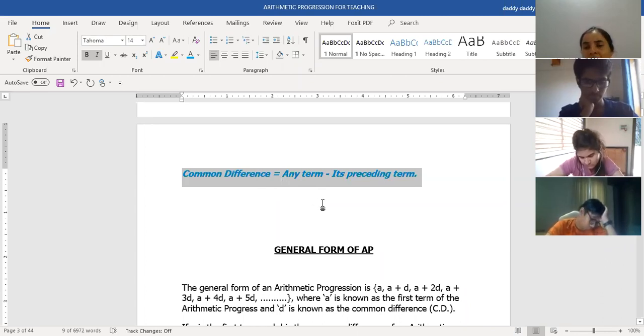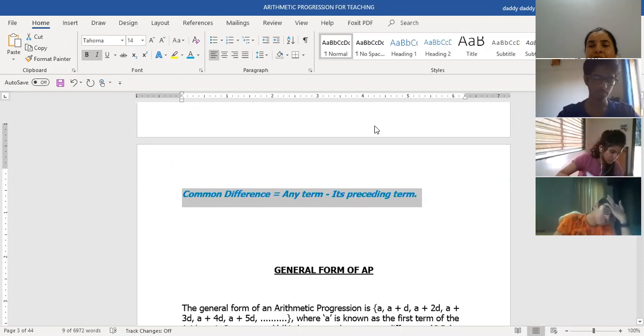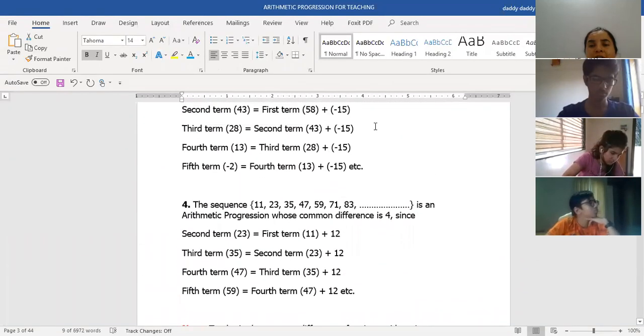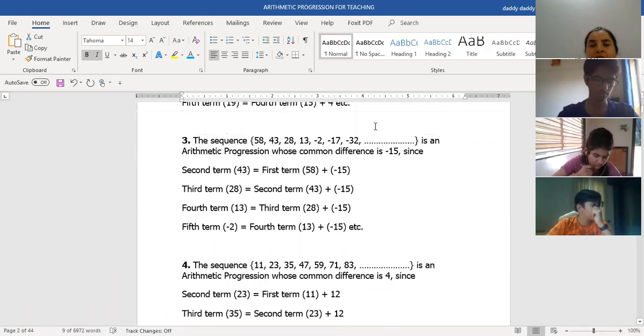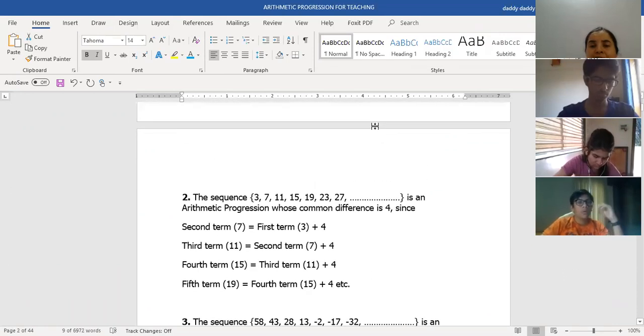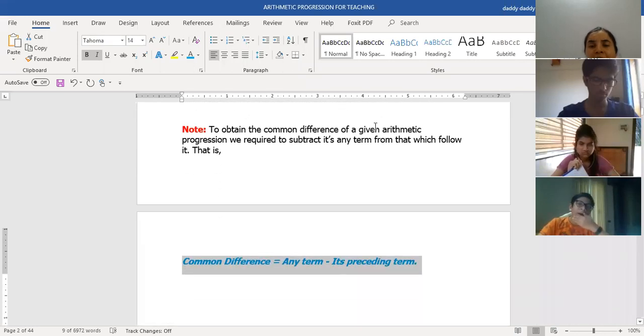Understood, children? So now your series can be of two kinds. It can be a finite series where you will see that there is a first few numbers, then they'll put dots and then they will put the last number also. Or the examples which I have taken, you see all the examples, there is no number at the end of the dots. So these series are infinite, means they will keep on going. There is no end to it.